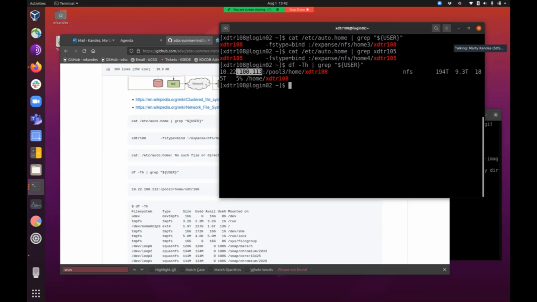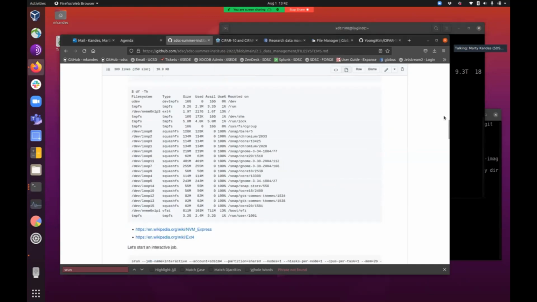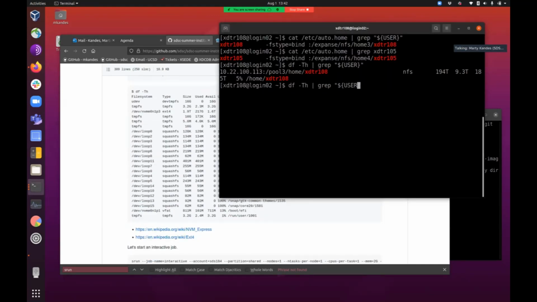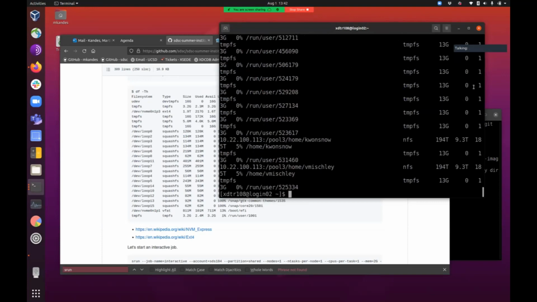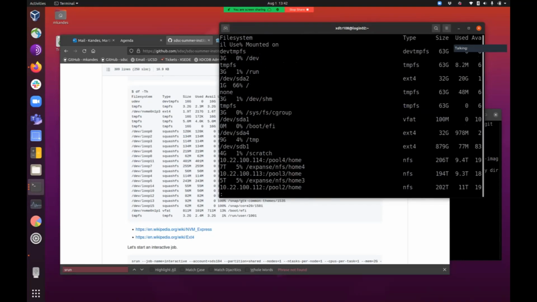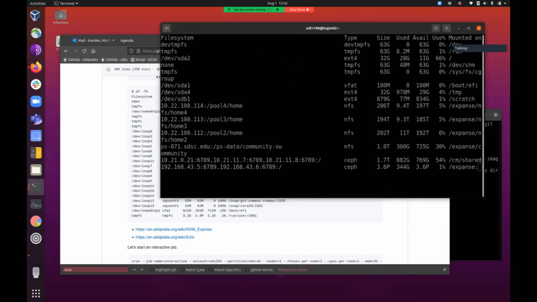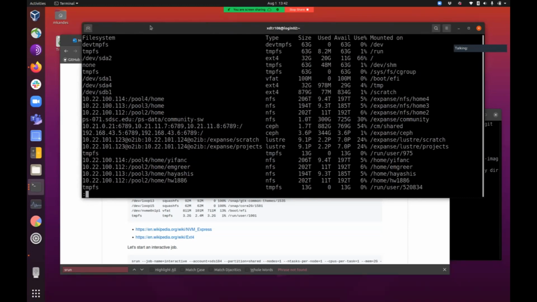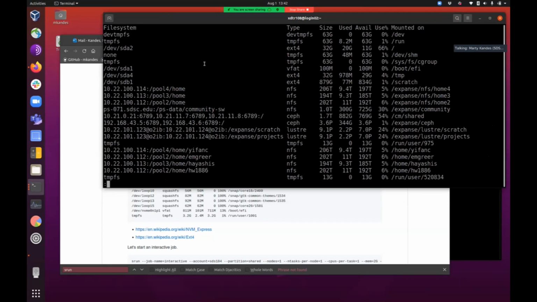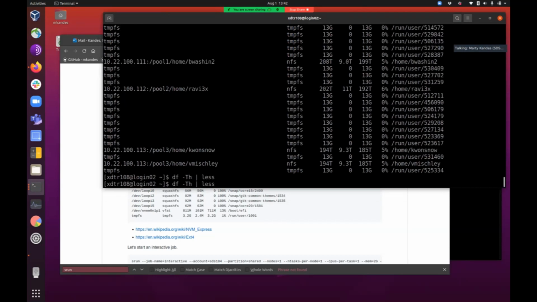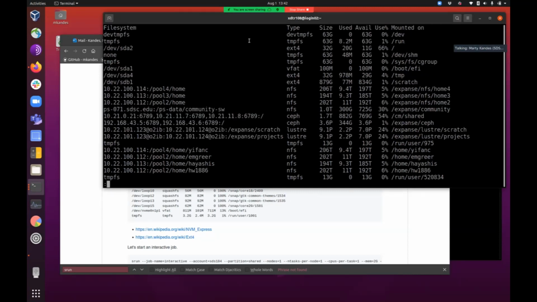It actually tells you how much data is stored on this NFS server, how much is actually used. You can get the full output. If you take away the grep, you'll see. A little crowded here. If you type df capital TH, pipe it into the less command, you can see that there's many different file